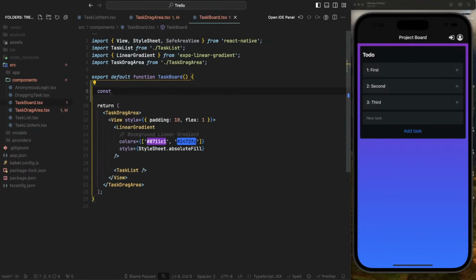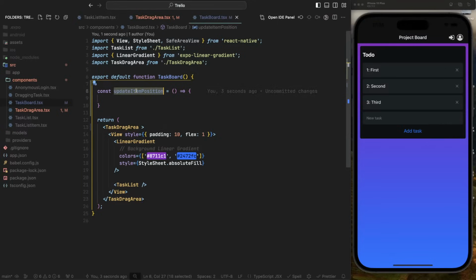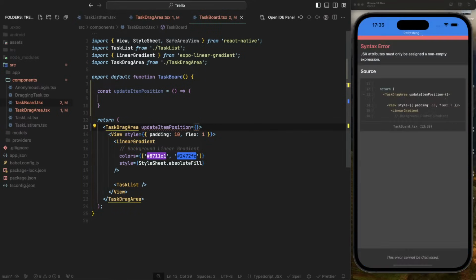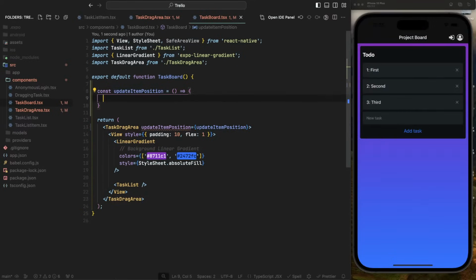Let's implement a function, update item position. And here, on task drag area, we're gonna send there update item position. This function, we're gonna do here, let's do console log